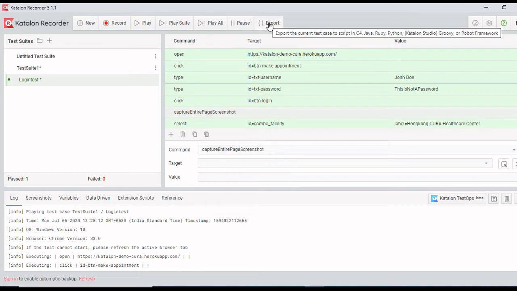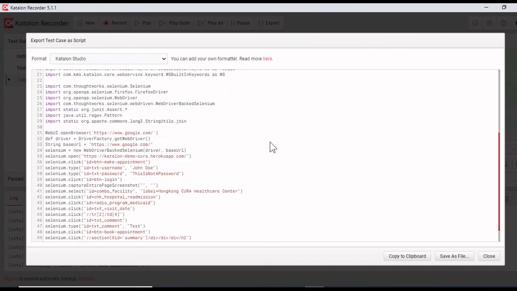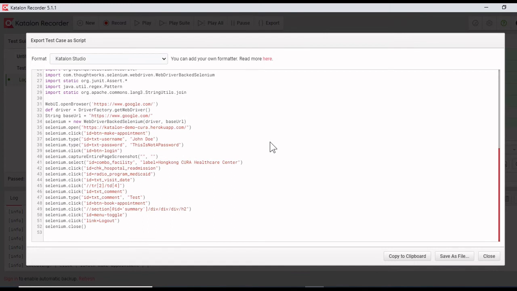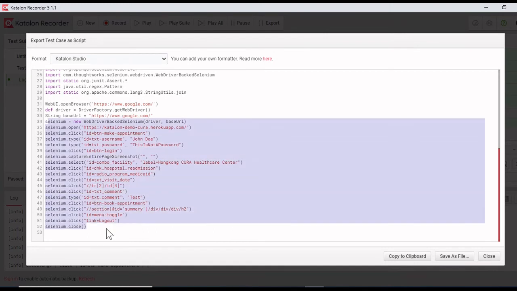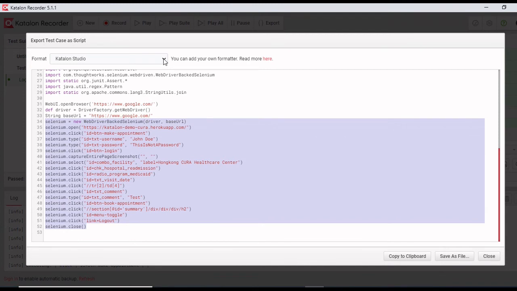This Katalon Recorder has a feature to export the test script. Click on the export button, and you will find here the Katalon Studio script that can be exported and used. If you check, these are the Selenium scripts, Selenium IDE, because this extension supports Selenium IDE.